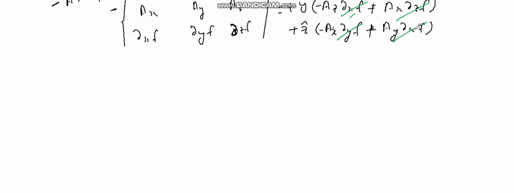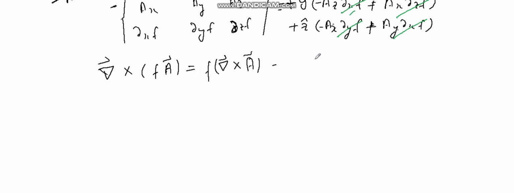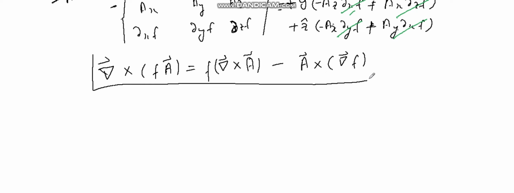So we have finally proved that the curl of a vector which is formed by the multiplication of a vector with a scalar is actually the curl of that vector times the scalar minus the cross product of the vector with the gradient of that scalar. Okay, so we have proved this, and then I will begin